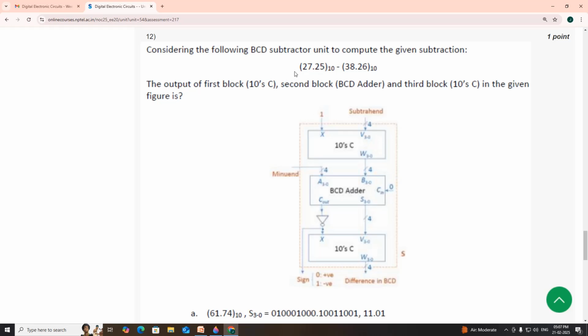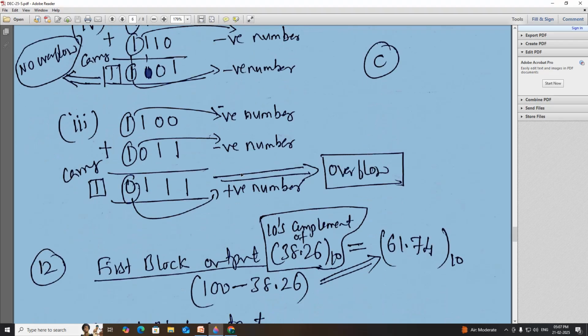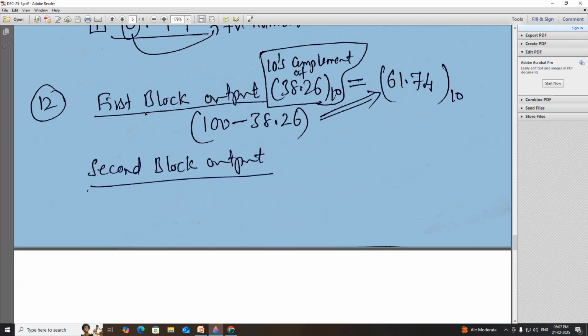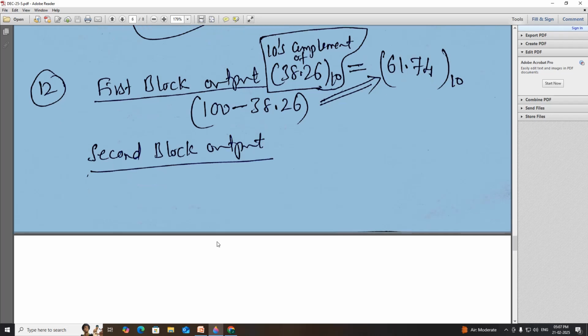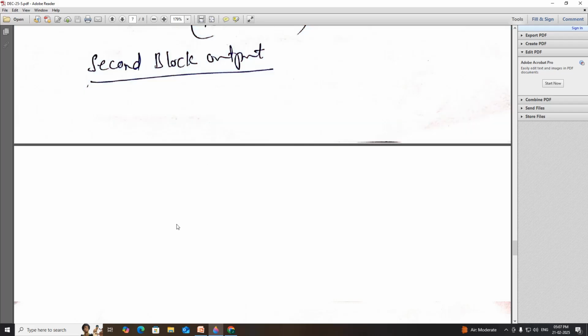So for the given two numbers, we'll try to find the output of the first block, the output of the second block, and the output of the third block. The output of the first block is the tens complement of 38.26. It's simply 100 minus 38.26, which is equal to 61.74. This is the answer. Okay. And for the second block,